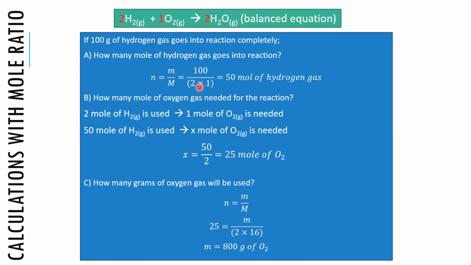2 times 1, so 2 grams per mole. 100 divided by 2 is going to be equal to 50 moles of hydrogen gas. It's an easy calculation, you can do it yourself. And the next